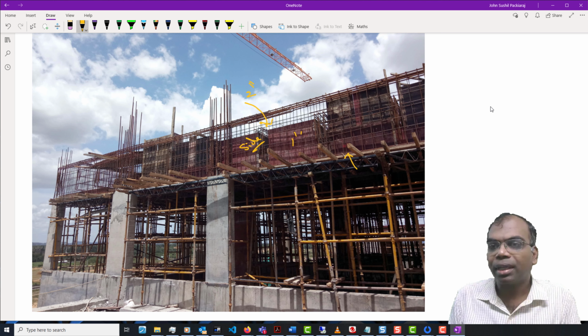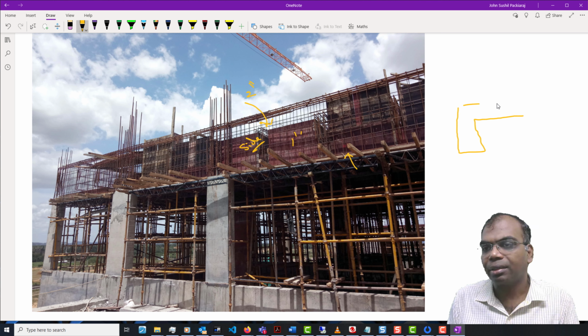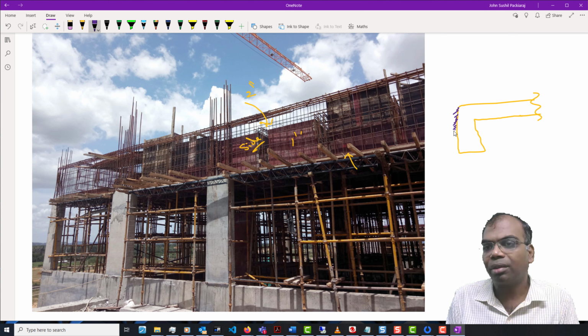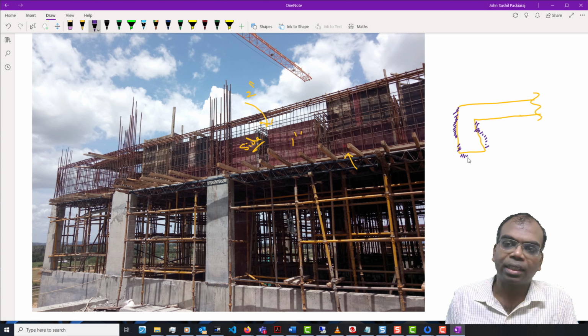Okay, now when you are having a slab, you will typically find that there is a beam at the end. So this is how it typically looks. So when I'm going to measure the shuttering quantity, the side shutter quantity will be fixed like this. So this will be fixed, and on this side it is only this much. The soffit shuttering, which is over here, will be the same throughout.